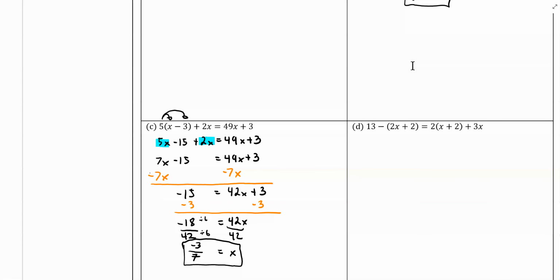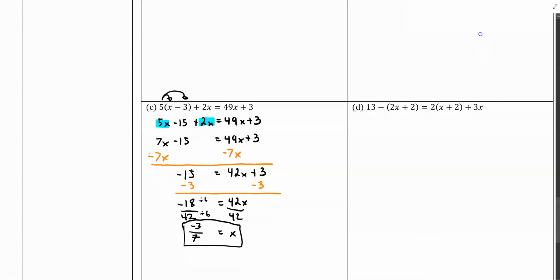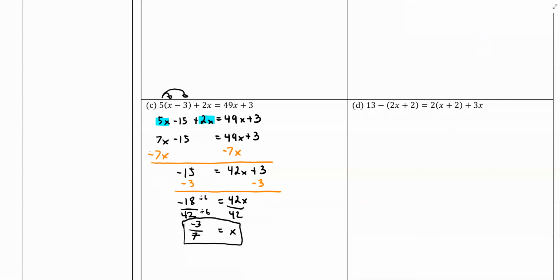Now for exercise D, we have 13 minus 2x plus 2 equals 2 times x plus 2 plus 3x. So just as before, first step is to simplify by distributing. Do note that the negative sign means that there is an invisible 1 here. So we have 13, negative 1 times 2x is negative 2x. Negative 1 times positive 2 is negative 2. Equals,